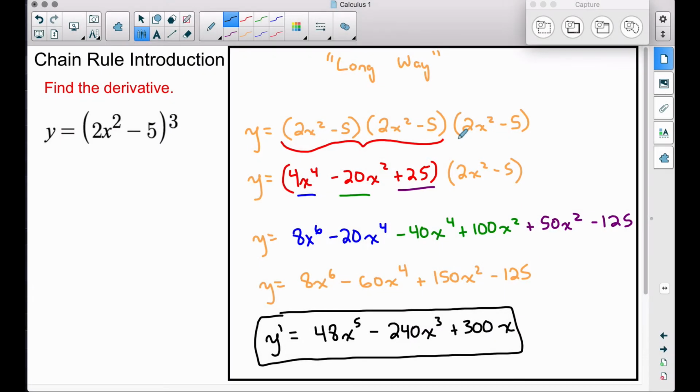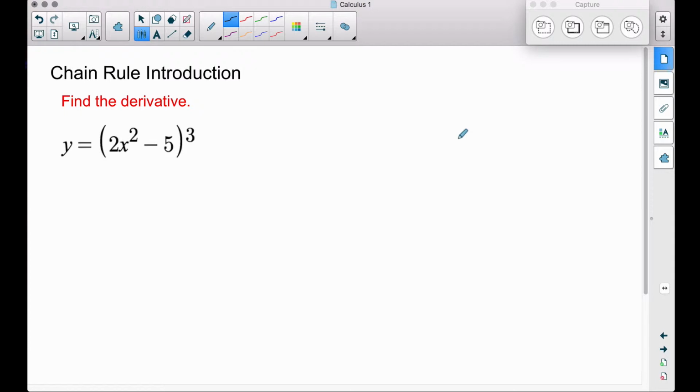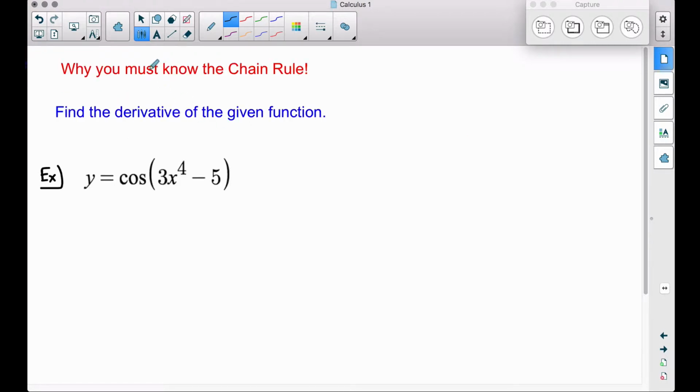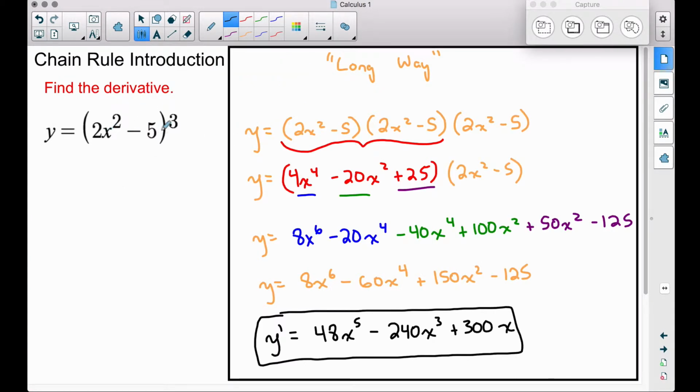In this video, we're going to look at the chain rule, and this video serves as an introduction. This is the long way. We'll talk about all of this, then I'm going to show you a much faster way, and then we'll end the video talking about why you must know the chain rule. Just like product rule and quotient rule, you have to know the chain rule in order to be successful in your Calculus 1 course. So back to this first example here, we want to find the derivative of 2x squared